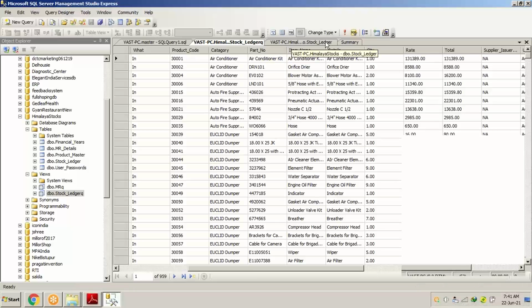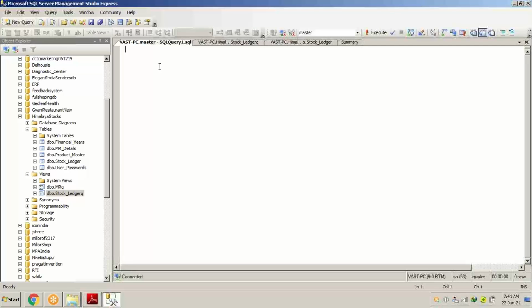So this is the query in which the data is inserted, and we are going to experiment with the new query window. Remember, I told you about the new query window for creating a table with the help of a script. This is the same window where we are going to practice SQL Server and experiment with the existing database. What is the purpose of doing all this? First of all, you will get a good idea of SQL statements, how to write them, and how to retrieve the data from SQL.